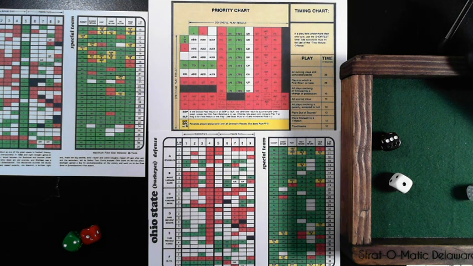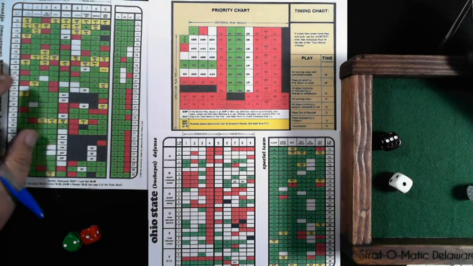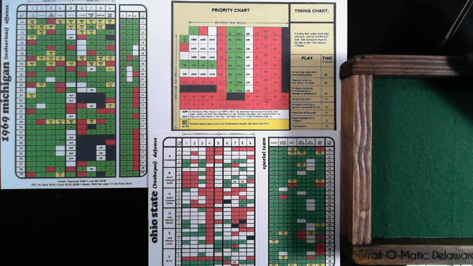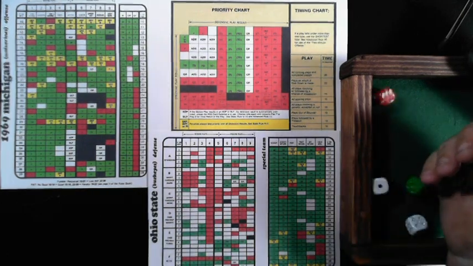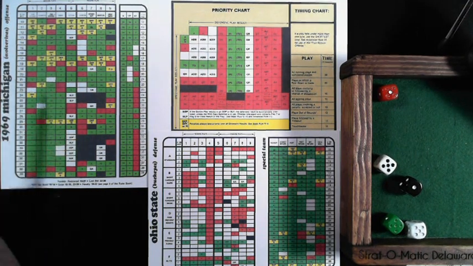First and 10, Michigan, 42. So here we go, 1st and 10 Wolverines. Buckeyes are looking to put the skids to Bo Schembechler's offense. End run for the Wolverines. That's a standard alpha for Ohio State. So 15-1, end run, 2-yard loss. Alpha 1, no change. Stuff them in the backfield.